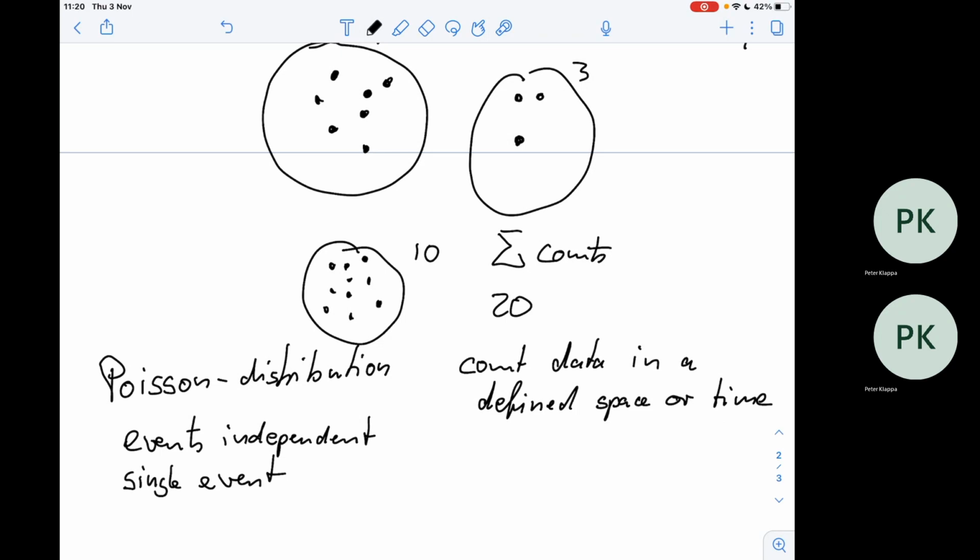Let me give you an example about that. If I want to figure out how many people on average in the long run are using the toilet in a pub, that would usually follow a Poisson distribution. So what I do is I just sit outside the toilet and say in an hour or so, I count how many people are going to the toilet. That would be a nice Poisson. Time and count data. Doesn't work always,